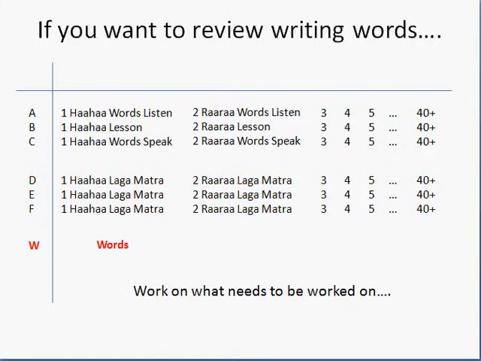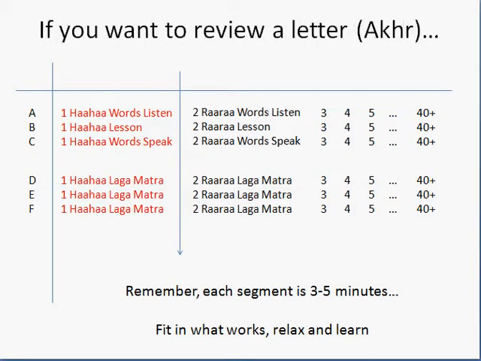What if you want to review your words? Well, go down to the W series. 1W, 2W, and so on and so on. Keep in mind as you go deeper or across into the 20s and 30s on the number scale that the words do become a little bit more complicated, and that's done deliberately so that you are kept challenged. What if you want to review a letter? Take the column 1A, 1B, 1C, 1D, 1E to do haha, and again, fit what works.